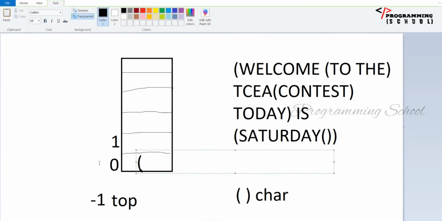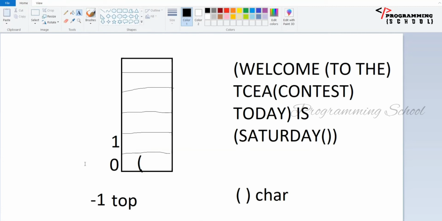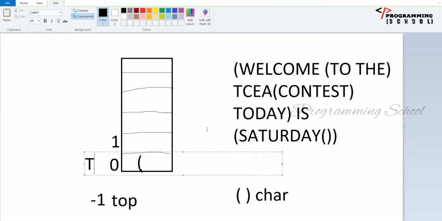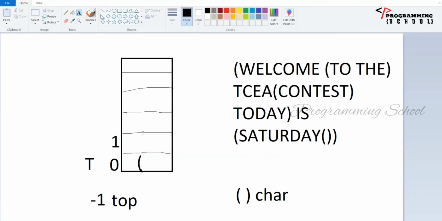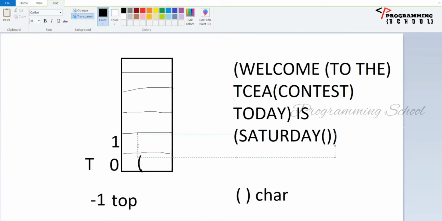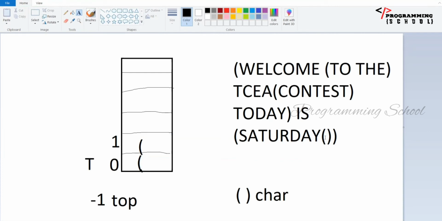Now top is at this position. Now again an open bracket is there, and after y there is an open bracket again, and after that a closed bracket. Then we have to delete this bracket, and after that again a closed bracket, and we delete this closed bracket.